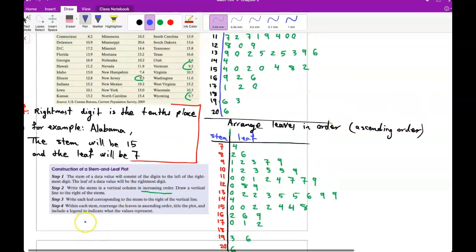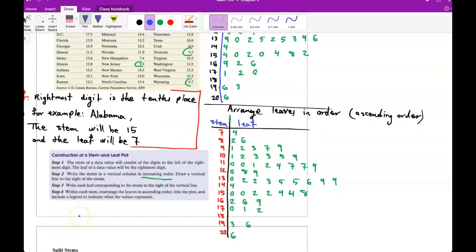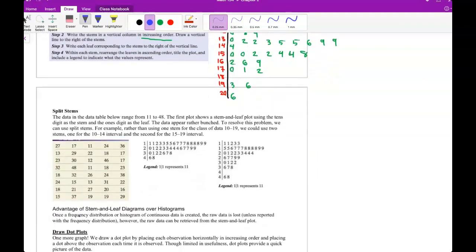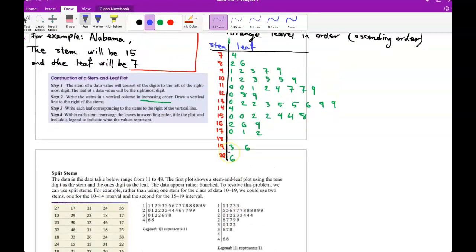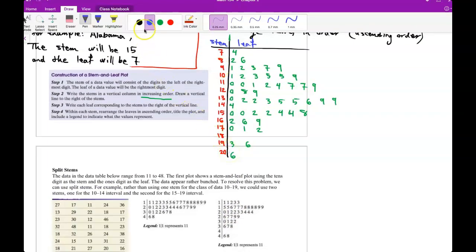And also, what to include as the legend? We're going to have that here on this board. So let's have an example. Here we have 7 and 4. So that represents